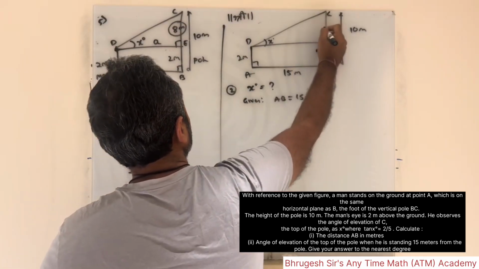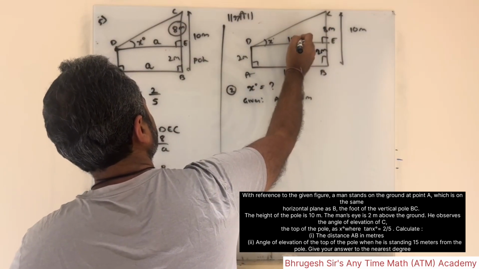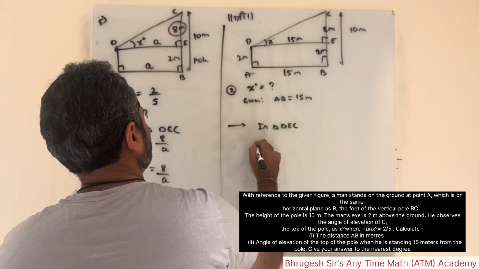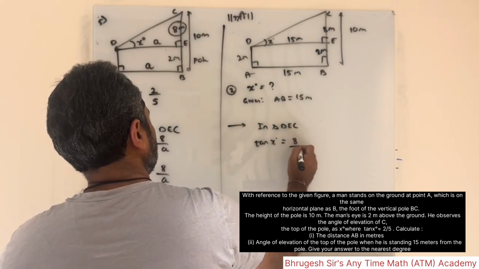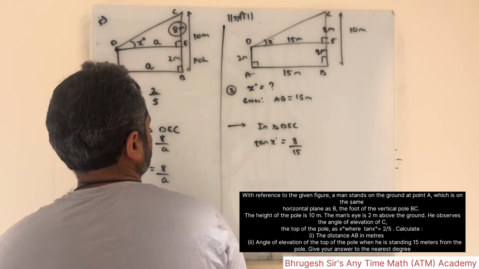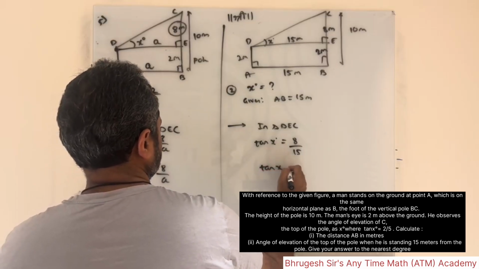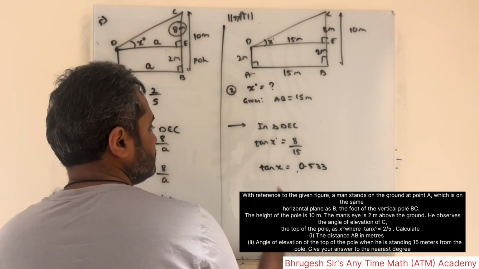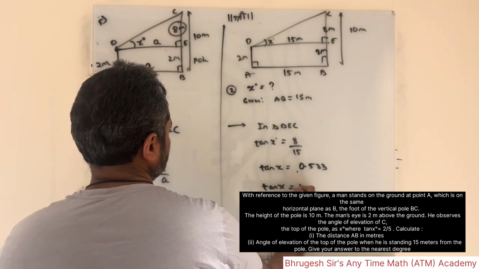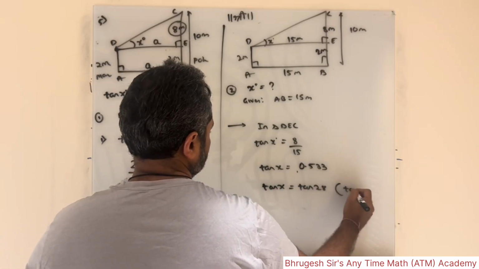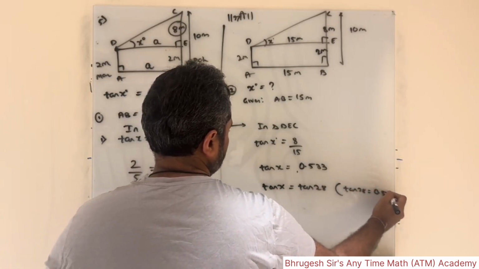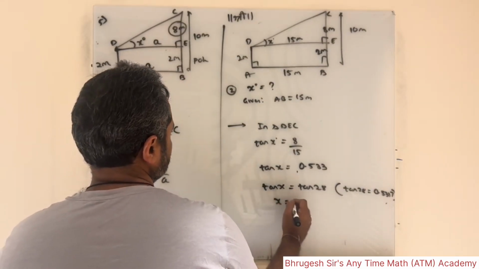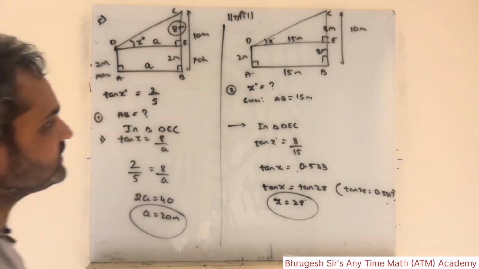This is 2 meters so this is also 2 meters, so the upper part is 8 meters, this is 15 so this is also 15 meters. So again in triangle DEC, tan of x is opposite 8 upon adjacent 15. Tan of x is equal to 8 divided by 15, which is 0.533. Now if you open the log book, they said nearest degrees. They don't want the exact answer, they want the nearest degrees. So the nearest degree is 28 degrees, because if you look at 28 degrees, it will be about 0.5317. Okay. So therefore x is 28 degrees. Nearest degree was asked, so we got it.